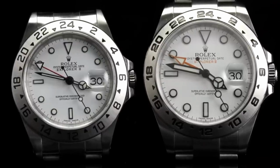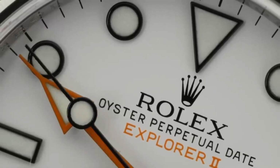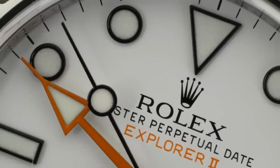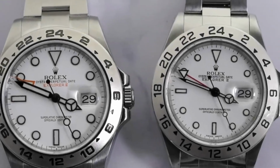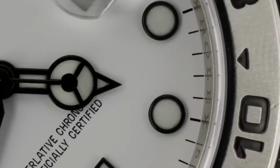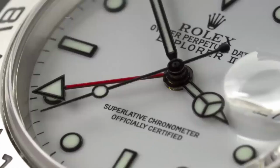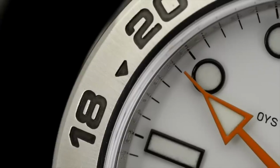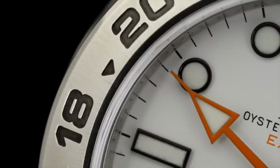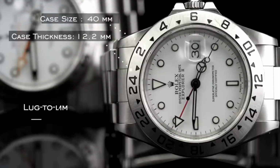Offered today with either a black or white dial, the Explorer II came out in 1971 in order to perpetuate the privileged relationship Rolex shares with exploration, according to current marketing materials. However, the spelunking history is largely forgotten as the watch increasingly serves as a tool for adventurers of all kinds. The more recent editions, unlike the original, feature fully functional true GMT movements, so the watches can be used for